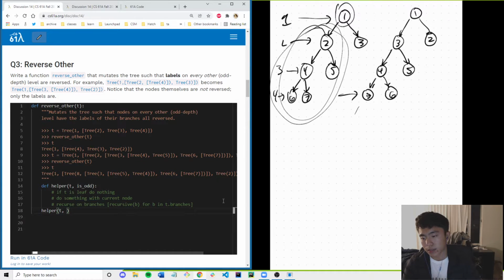And the question is, what is odd? Well, let's say the is odd variable says whether we're at an odd depth or even depth. And since we're starting at the very top, the one at the very top counts as an odd depth tree. And because of that, we're going to pass in true. So is odd is going to be true because we're starting at depth 1. And then, yeah, let's go into this helper function, which is,